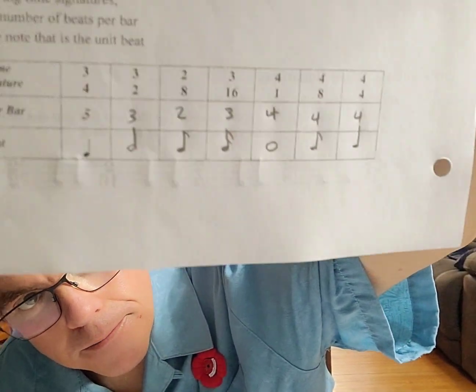What do we have? 3 and a 16th. 3 and a 16th note. You got it. Then we have 4 and a whole note. So 4/1 is our whole note. And we have 2 to go. For what kind of notes? 8th note. Yep. And for 4, quarter note. You got it. And your answers should look something like this.